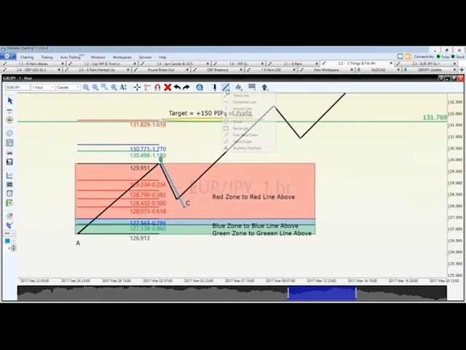Then what we're going to do is somewhere in this area, we're going to be looking for one of the Japanese candlestick patterns, and when it happens, we're going to get in. And again, you don't have to memorize them. The software is going to help us with that. Okay, hopefully that part makes sense so far. So let me just clean this up just a little.